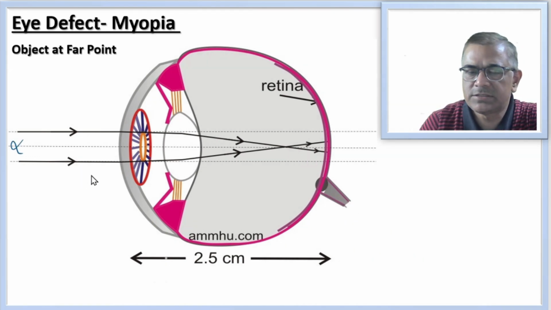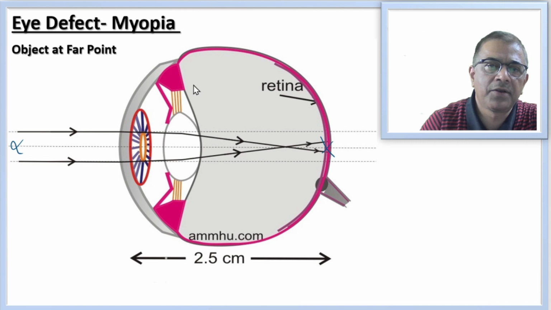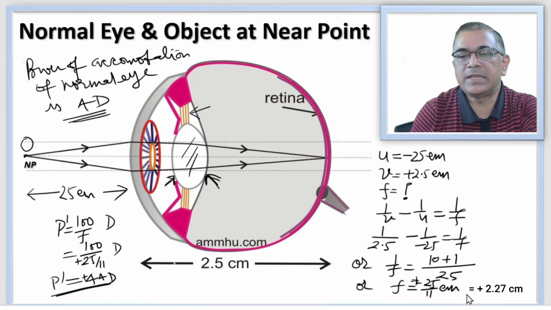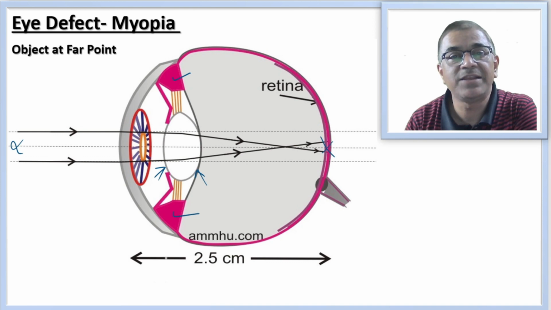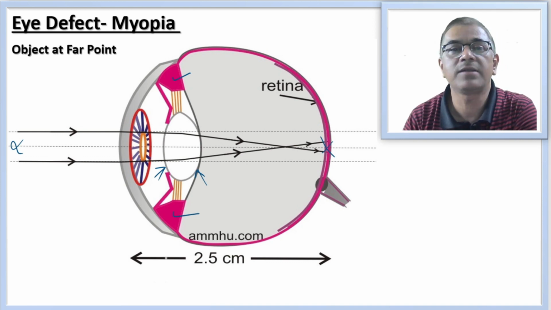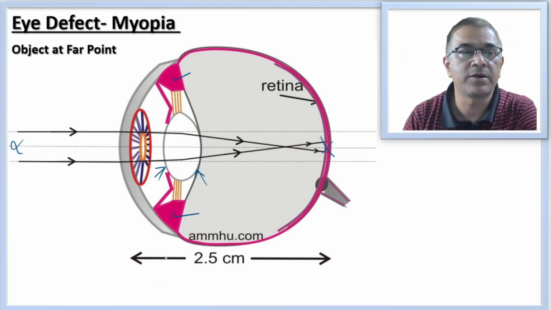Now the question is, why is the eye lens system unable to focus rays coming from infinity at the retina? The answer to this question is the ciliary muscles lose their partial ability to regain their relaxed state. Though the ciliary muscles lose the ability to regain their relaxed state fully, they do regain a bit. Corresponding to that, we have